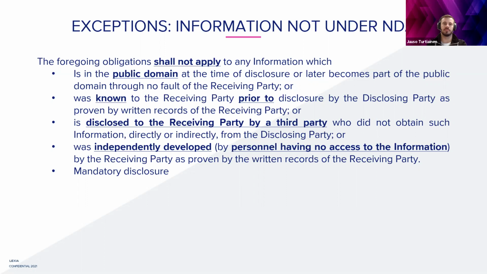Also, information that's been independently developed. This is especially where a person has had no access to the information being discussed as confidential information under the NDA. Here, again, process-wise, it is essential to have written records of what you're creating, especially where it might be close to what's being discussed under the NDA, to ensure that if something comes forward in the future, it is covered by the exemption in the NDA, so that you are not at risk